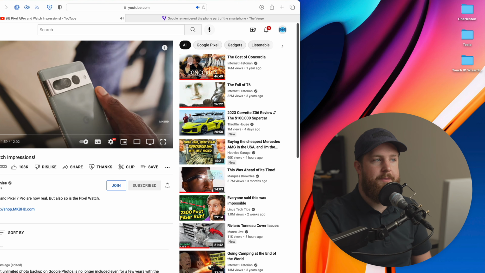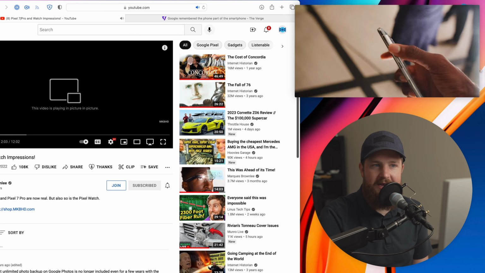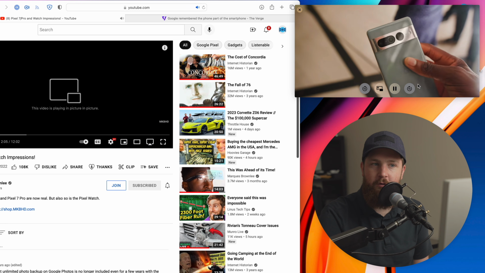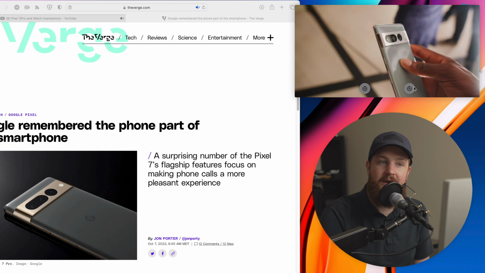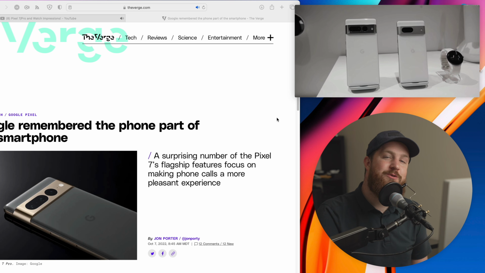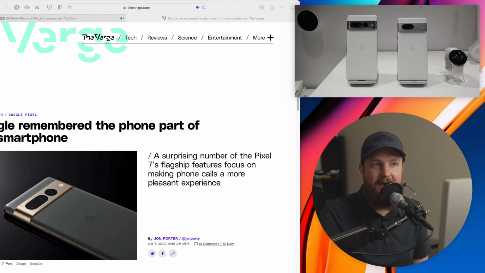If I open up Pippo, it is the cutest little app. I can go back to picture-in-picture mode, and now check it out. I have two buttons that allow me to go forwards and backwards 15 seconds. It works anytime and from anywhere I want in any media player. What's really cool is how they work. You would think that this is some kind of app that's always running in the background, but no, it actually